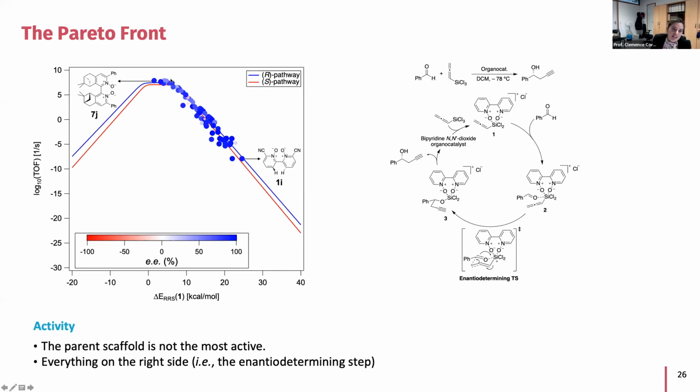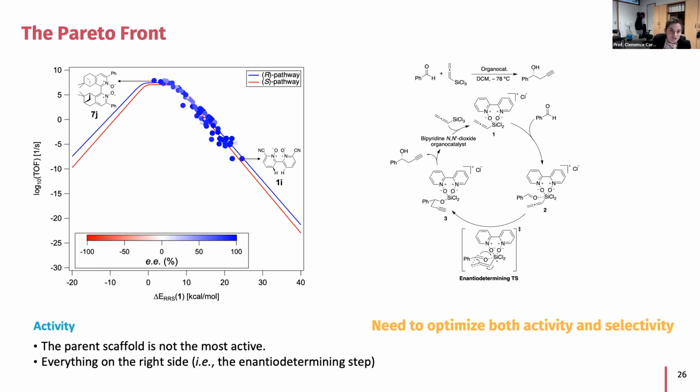And it's not surprising that everything is on one side of this volcano, because this side here is actually the side that corresponds to the enantiomer determining step, while the slab on the right here corresponds to the release of the product, which is not limiting in this case. So we have a way to evaluate the EE, and we have this volcano that gives us the fitness function for the activity. So what we can do now is an optimization of both activity and